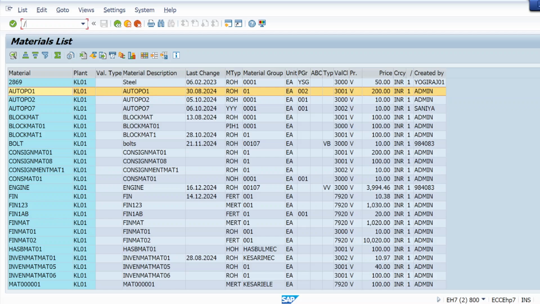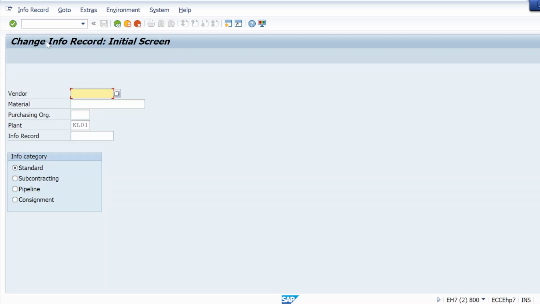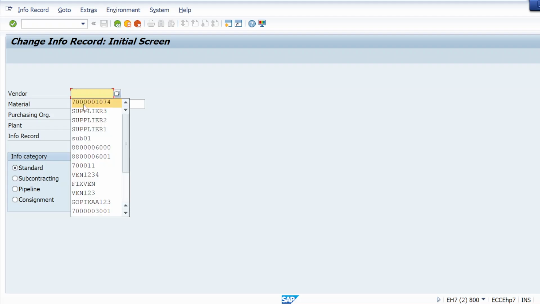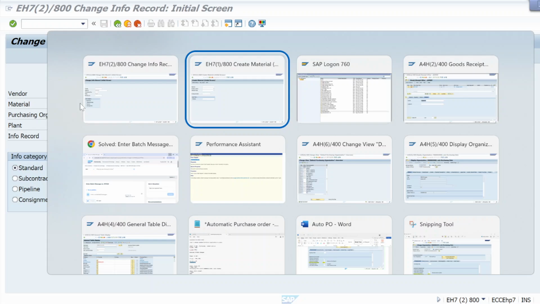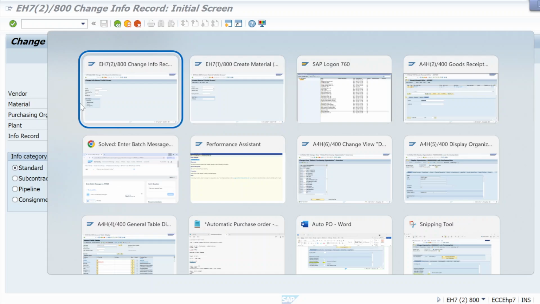ME12, auto PO1. Only the last step is there. For that I will show you.